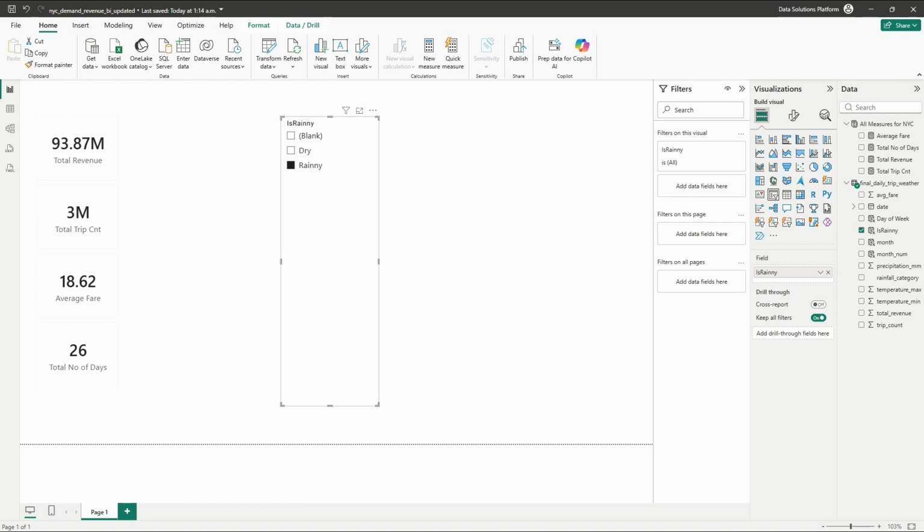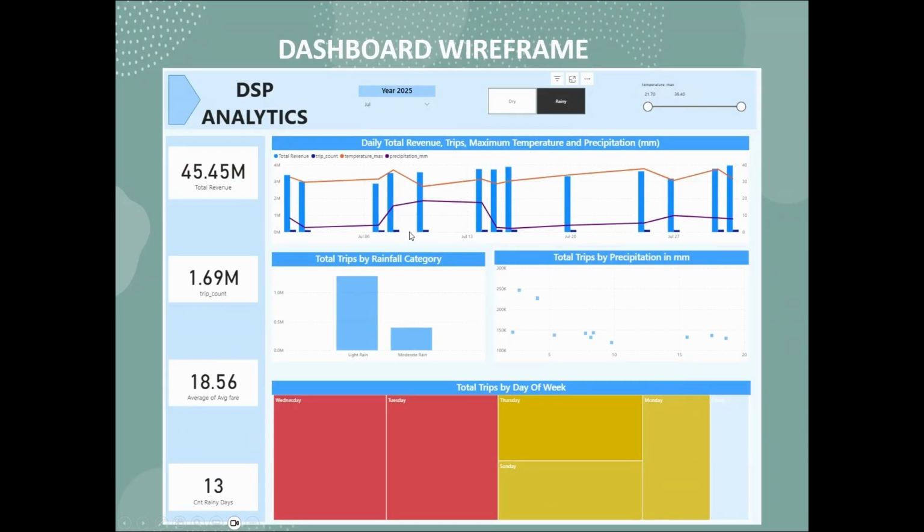Now, let me quickly take you back to what we had as the wireframe, right? So if you look at this wireframe, we do have the measures now. So we just need to add all these filters and then we have this visual. So that's what I'm going to be focusing on. So most of this is going to be more of a placeholder, and then in our next video, we'll try to clean it up to make it look really nice. With that, let's head back to